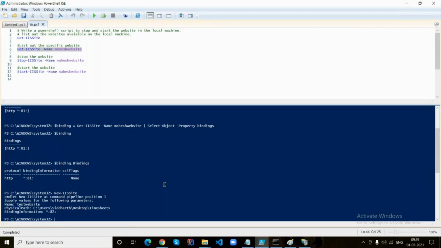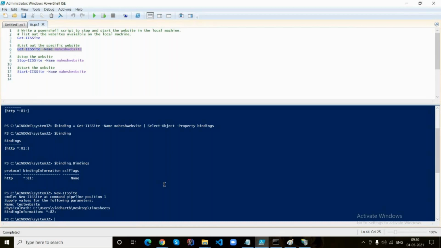So I just figured out exactly what information I need to pass. And how do I identify this star colon 81 colon only to be passed? Because of the name of the property. In the name of the property, where exactly you can see star colon 81 colon, the property name is binding information.